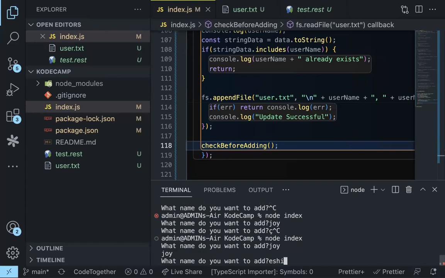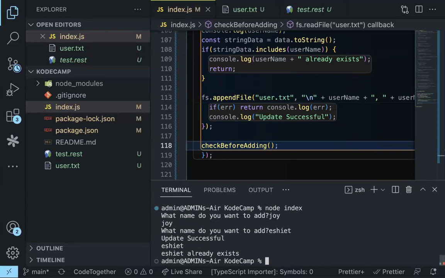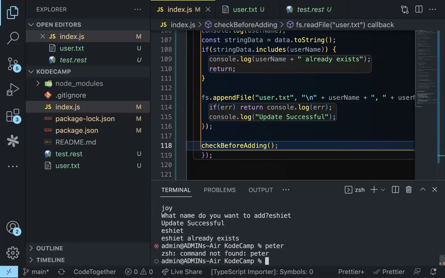The asset already exists. It's saying update successful. It's saying asset already exists. Peter,